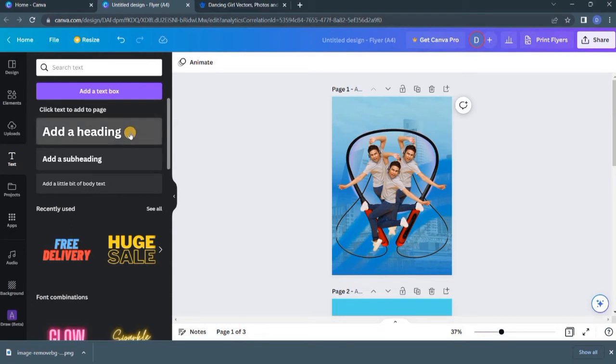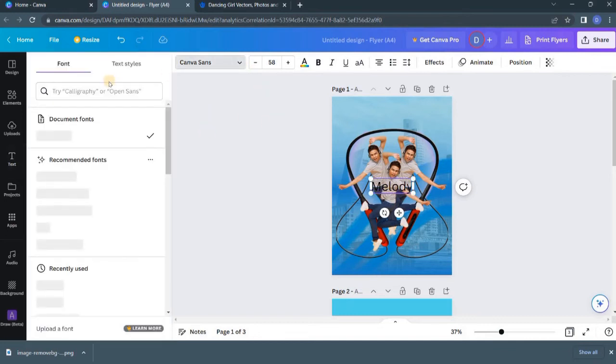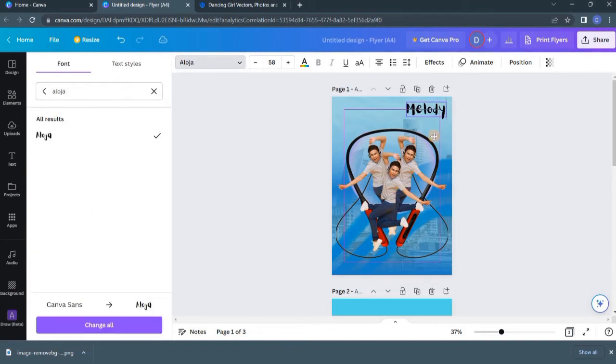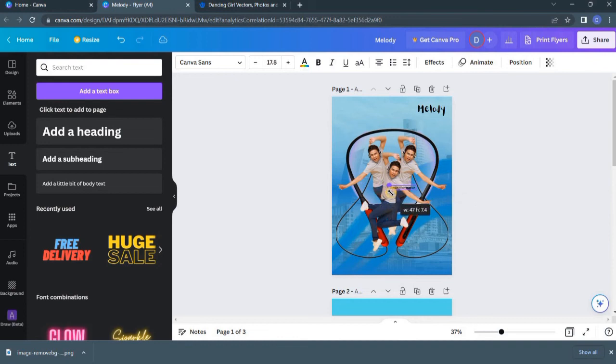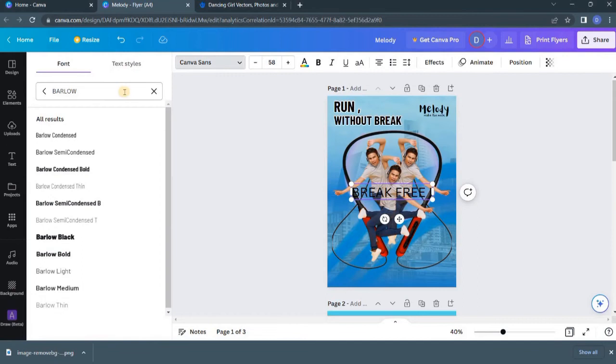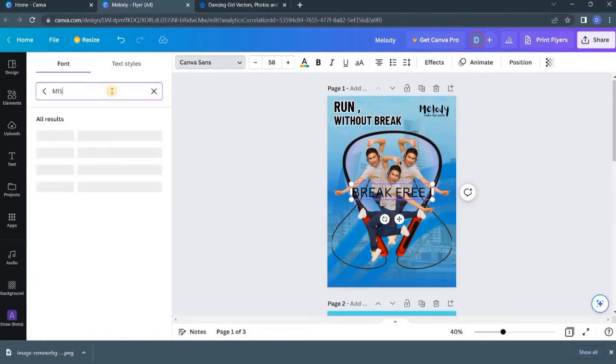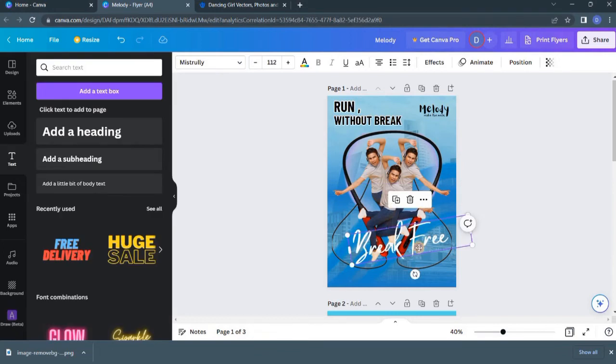So we are going to add text. First we add the brand name. Here is Melody, and we are going to use fonts for this. Our brand name tagline, make the noise. You can see it here. This looks cool. And next, now we add break free series online, and here we are going to use a font